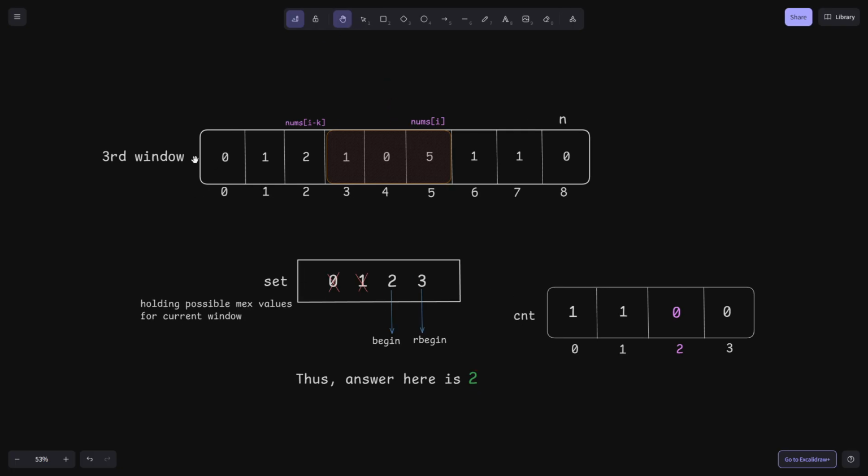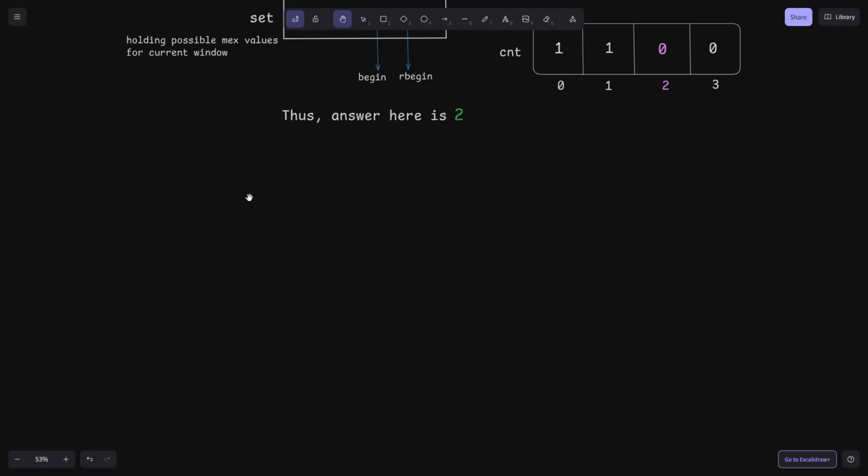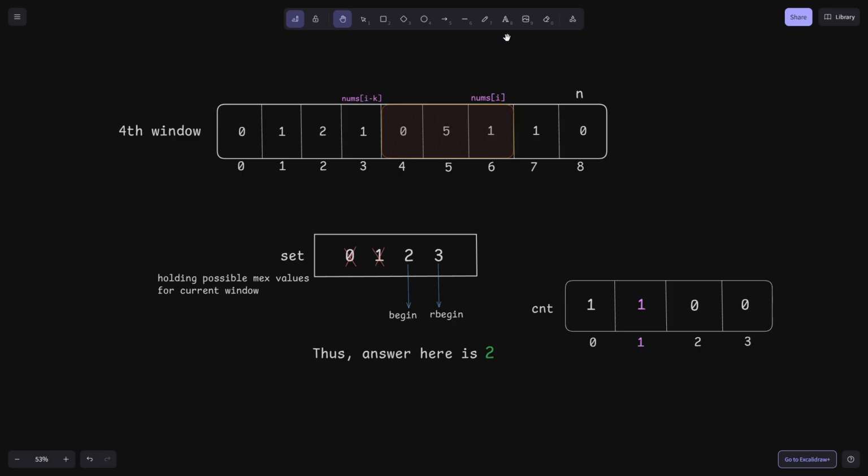And in this way our third window is also done, and we will move to the fourth window here. This is our fourth window, and you can clearly see that in this fourth window this one is getting added and this one is getting removed. So this nums of i equal to 1 and this nums of i minus k is also equal to 1,